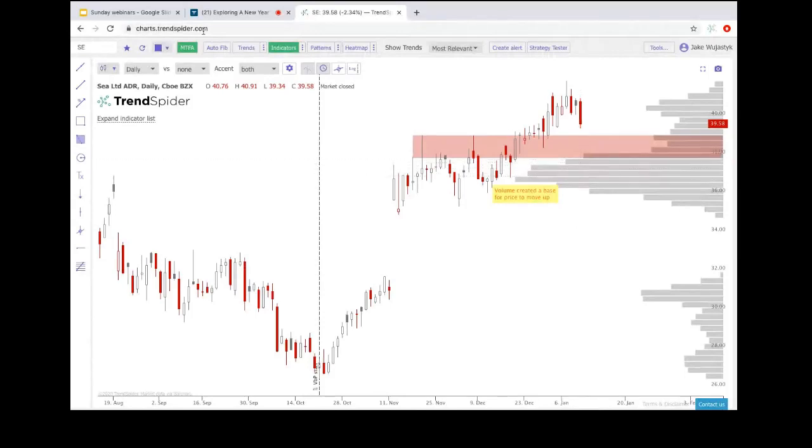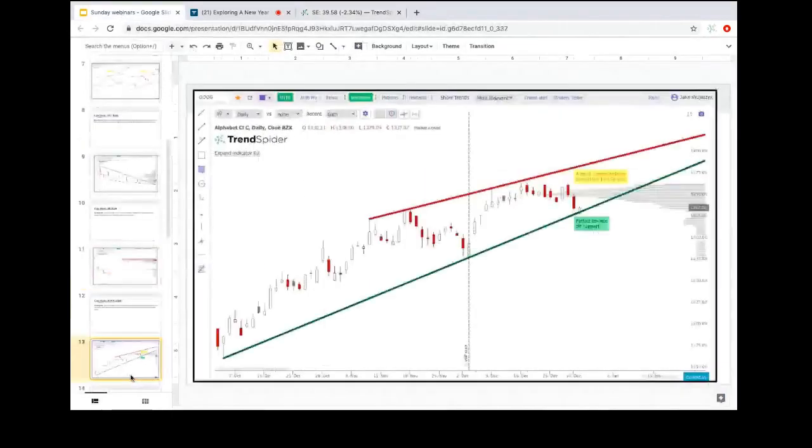Whereas, in a different example, such as Peloton or Google, you're going to have the opposite effect. Notice here on Google, essentially you've got the opposite of what we had on SLV. And I actually did do this a little differently. I kind of did exactly what I said I didn't do on SLV, but I actually anchored it from this point here, and the reason was because this was a really strong candle. This area below was, not necessarily,